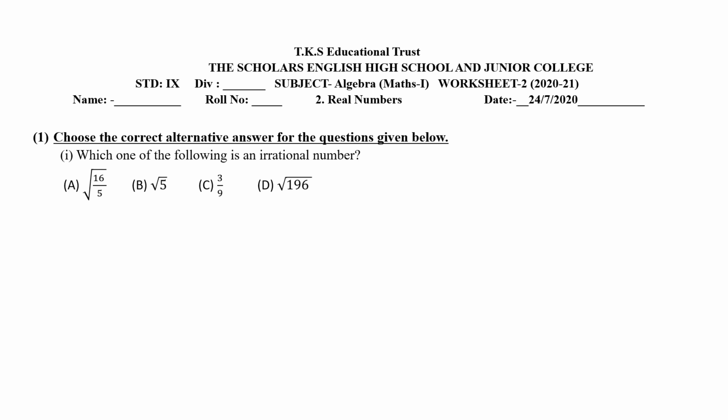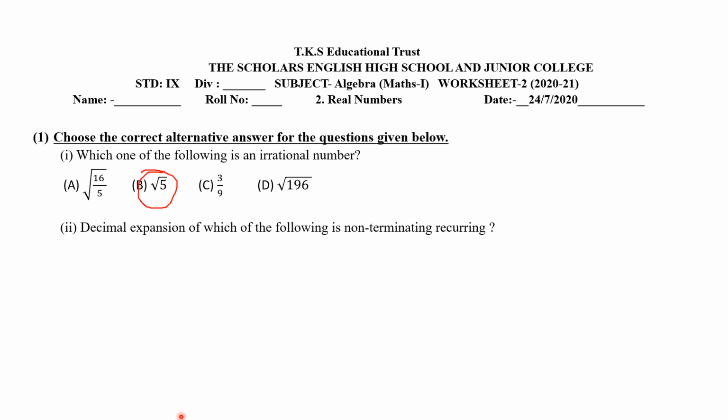From among these four given options, the irrational number is this one, that is root 5. So you have to tick or circle this answer. Understood? Now we'll move to our next question. Decimal expansion of which of the following is non-terminating recurring type? Options are: A is 2 upon 5, B is 3 upon 16, C is 3 upon 11, and